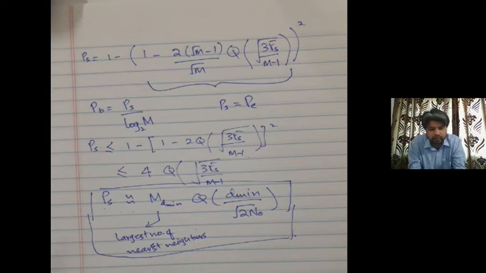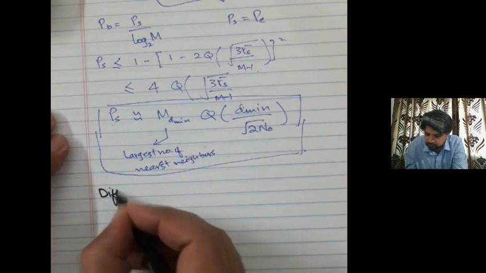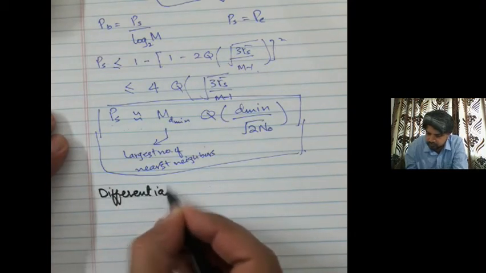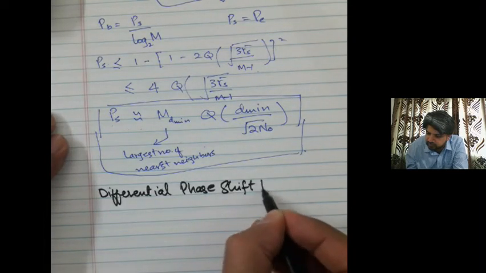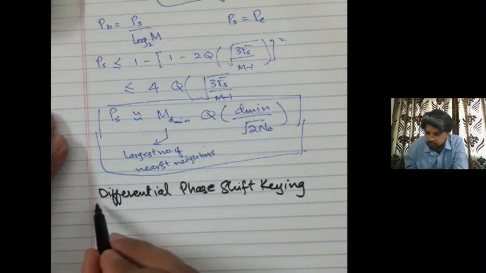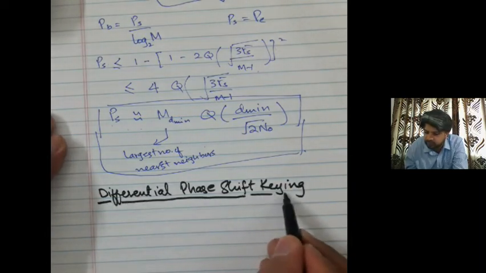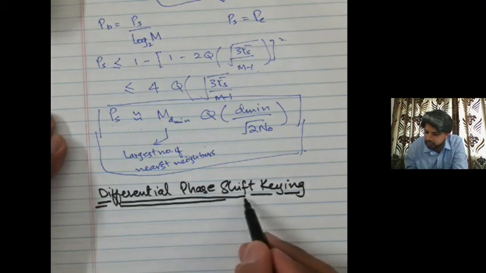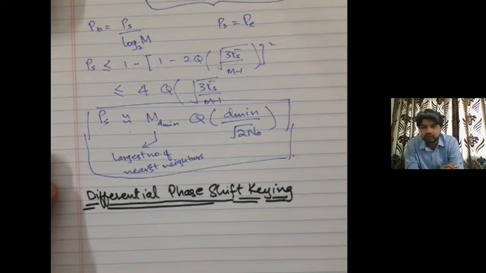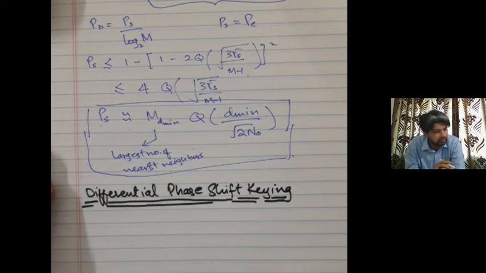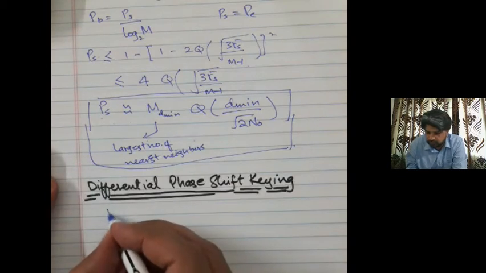Another modulation scheme that we want to discuss here is what is called the differential phase shift keying. The differential phase shift keying is very useful because it does not require synchronization at the receiver end, because your reference is transmitted with your signal, that is your previous symbol acts as the reference for the current symbol. That means if you have, for example, a bit sequence here,